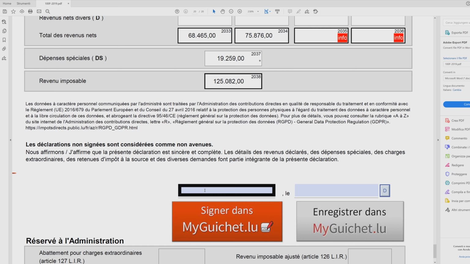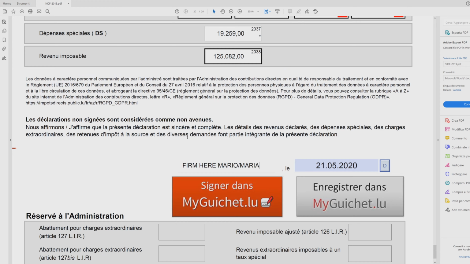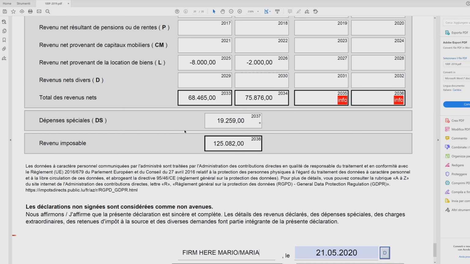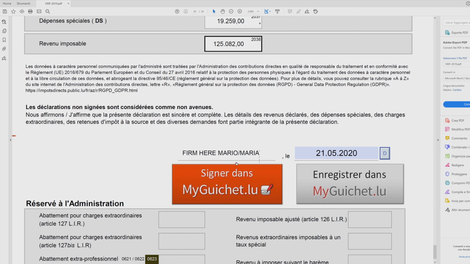This is the final check. Here you are going to sign. Normally when you take this file and print it, the field below is free to sign. Here the date, you just put D and the date appears. You can sign below, not really here, because here you should put the location, so die Kirche, and below you can put a signature. That's all. Then you show it to your accountant, to your expert,